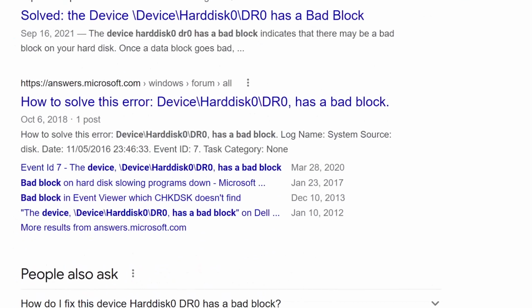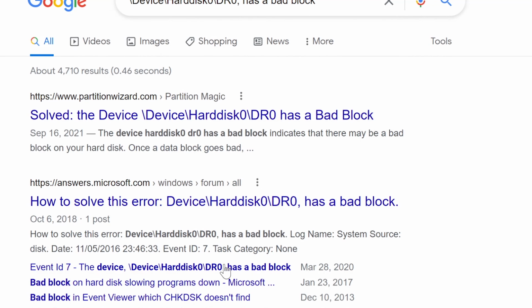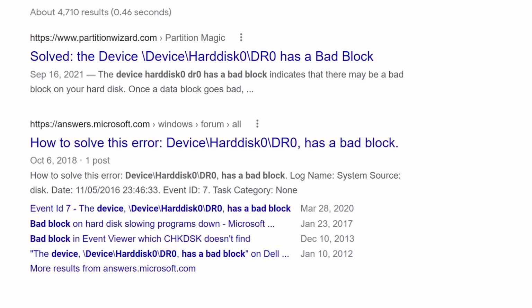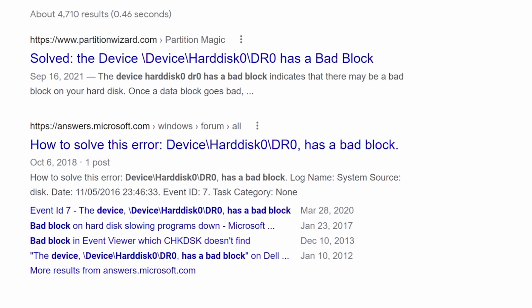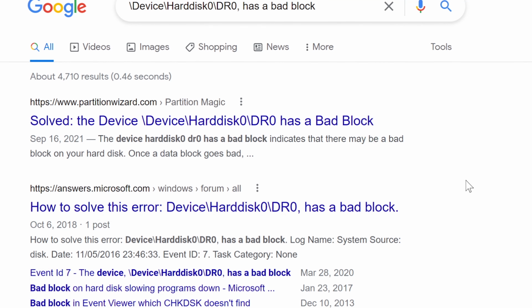So here's just some suggestions from the internet, and usually go for like some of the first things that come up, and then we got here, it says, how do I fix hard drive disk? Do some of the research here if you want, but chances are that the drive itself is just physically going bad. So what we're going to do is run some commands that will